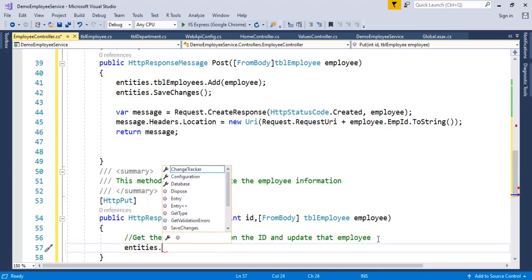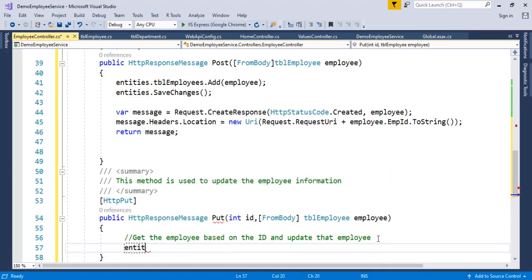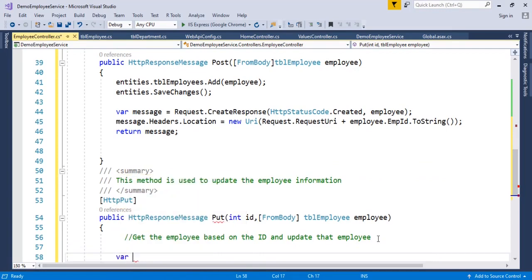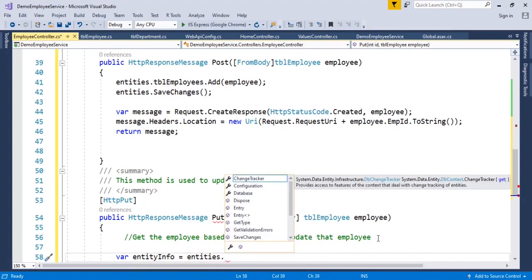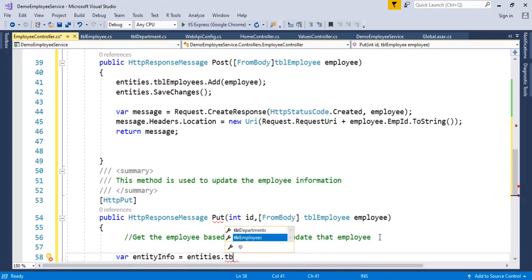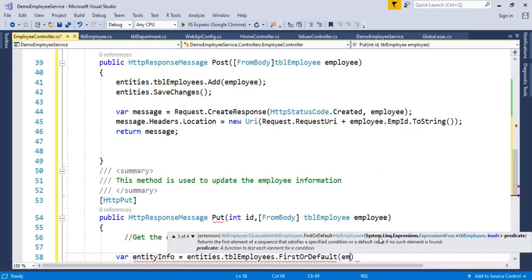So now I'll create one variable, entity info equal to entities dot table employees dot, again first or default, emp search.